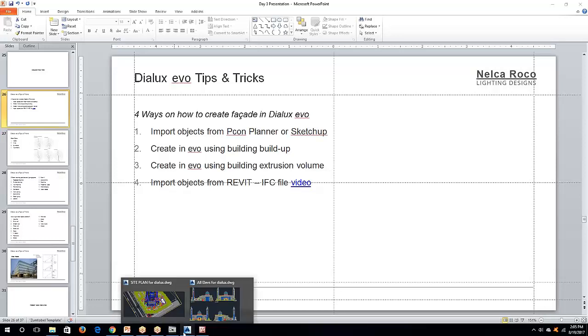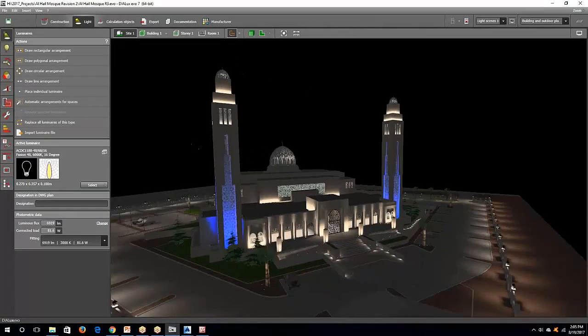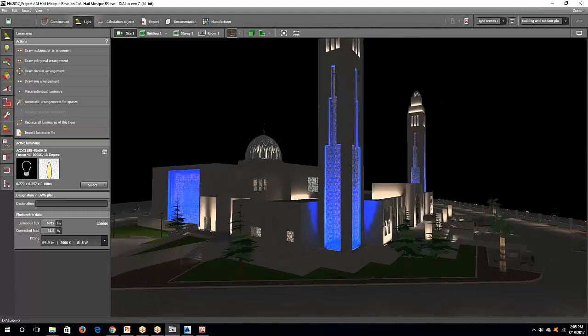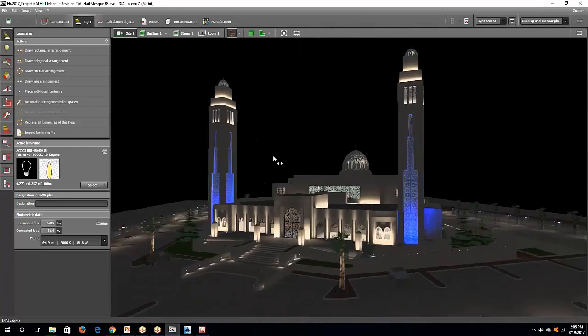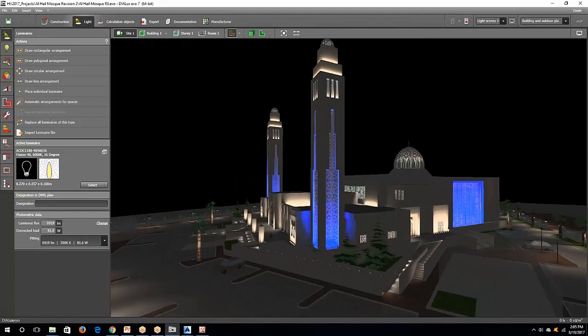So let's go and start this one now. First, let me go through this one project I have here right now. You can see that this is one of my amazing projects. This is one of our projects in Oman. This is a mosque, and I did it. You can see here now that it has 7 revisions